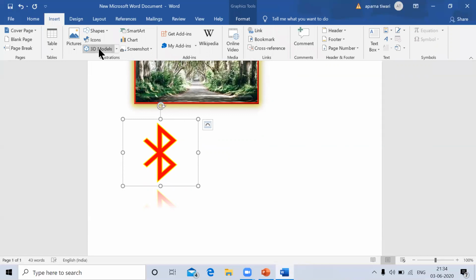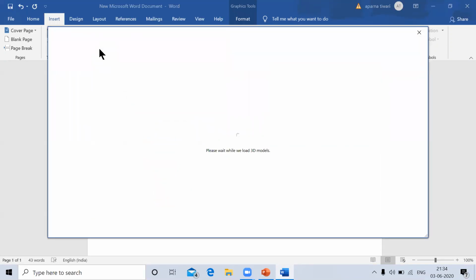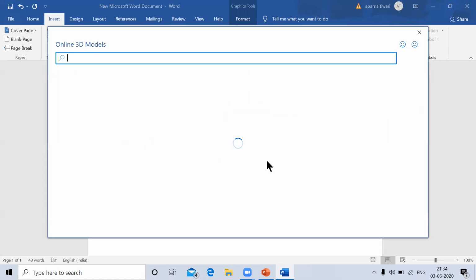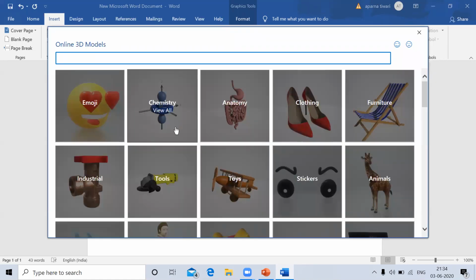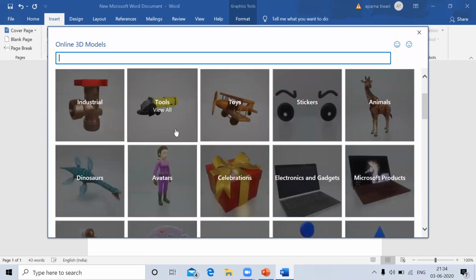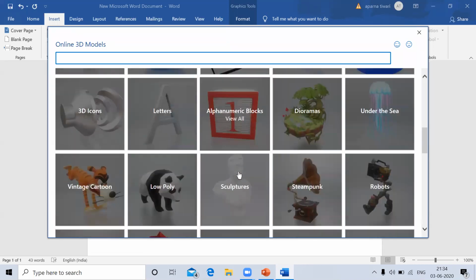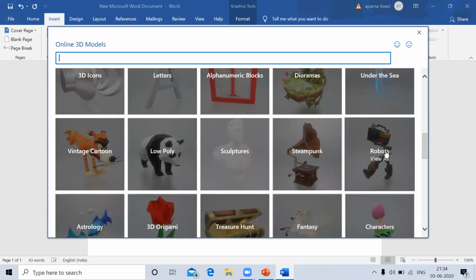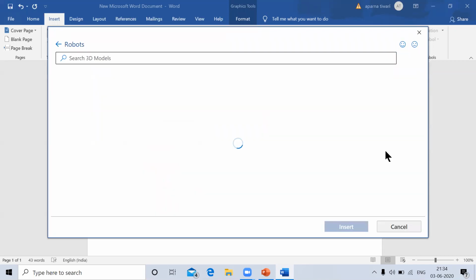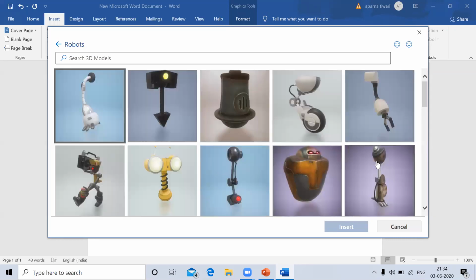Again, I'm showing 3D Models. Both of these are like clip art. So here Online 3D Models, multiple models are available. Whichever you like, robot. I'm selecting robot, and it is taking a little time.